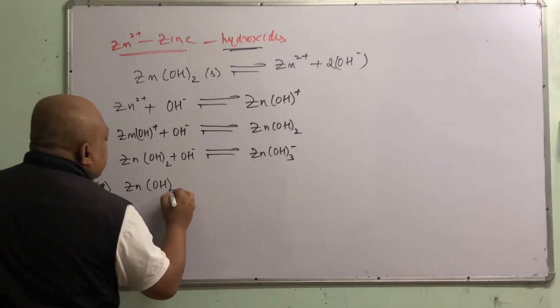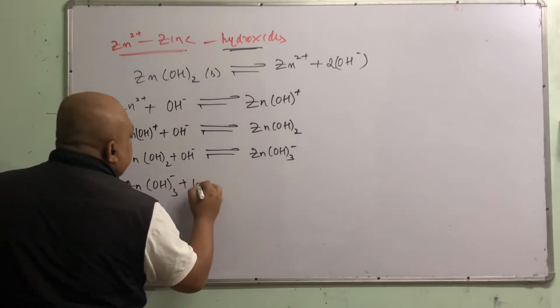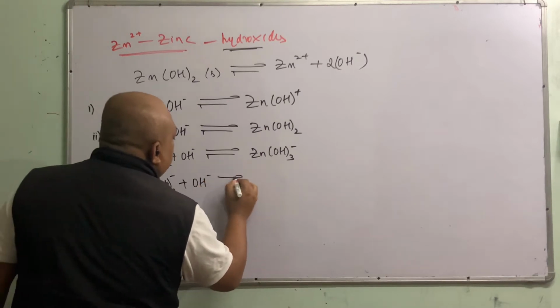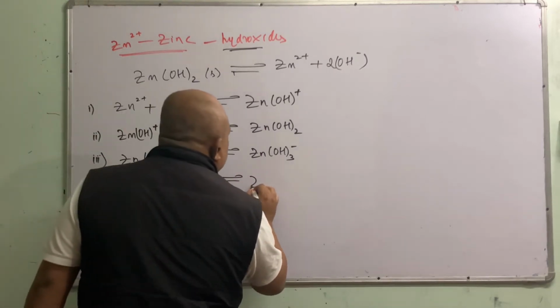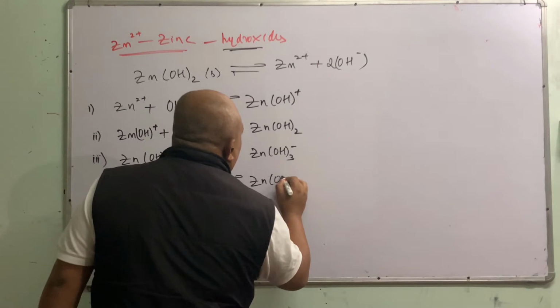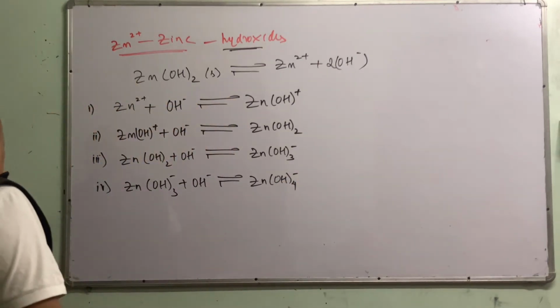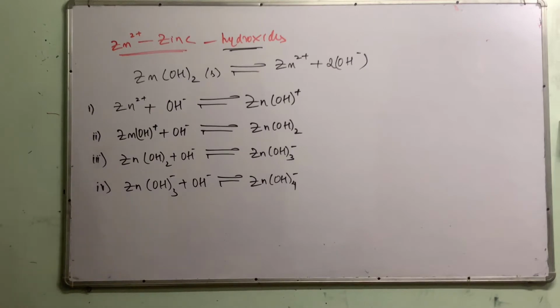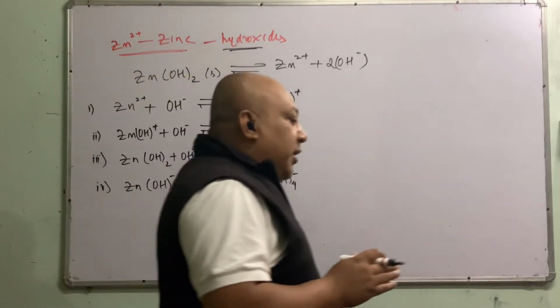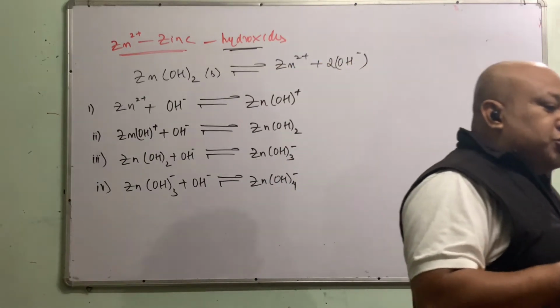When Zn(OH)3 minus is added with another OH, it forms Zn(OH)4 2 minus. Okay, fine. So what I'm trying to explain is when you add hydroxides to zinc